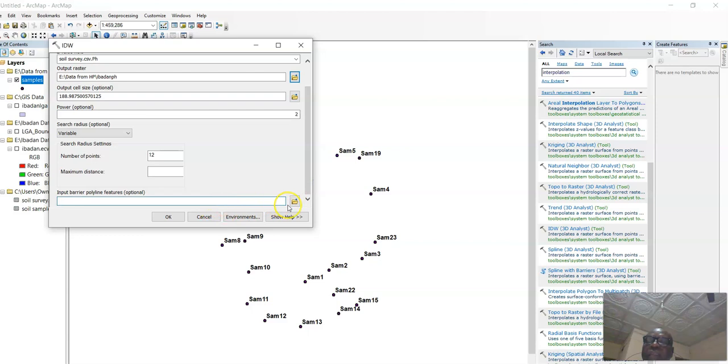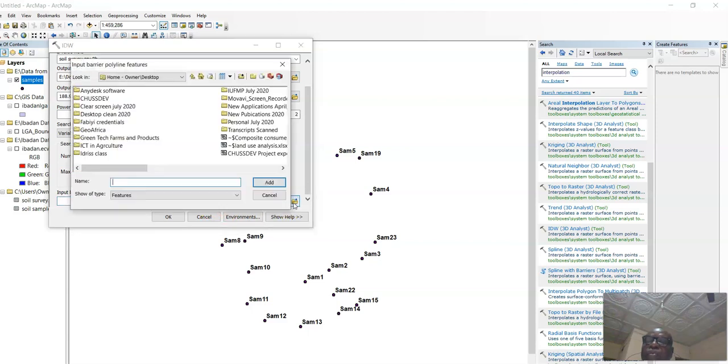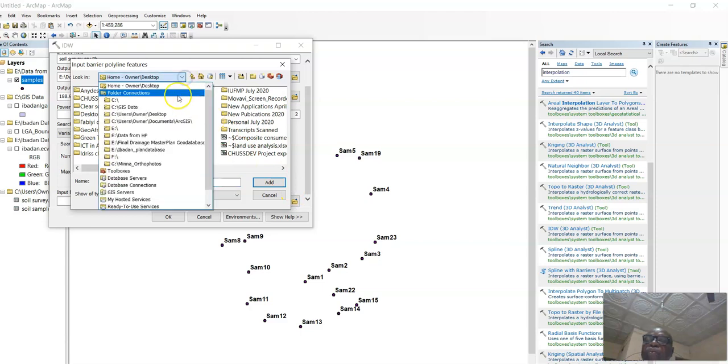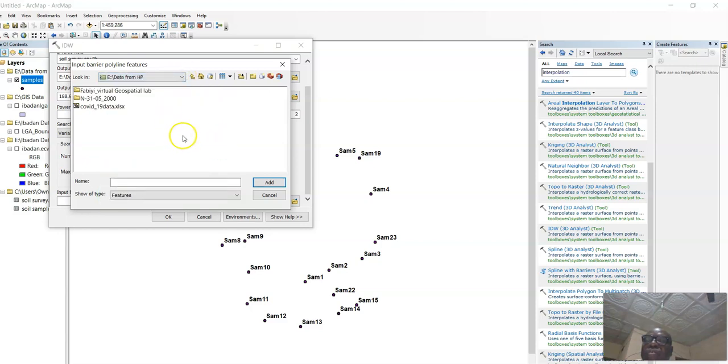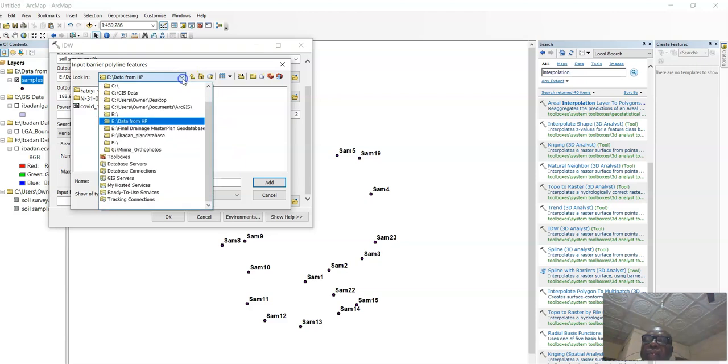This barrier, you can indicate that you want it to have a barrier. Having a barrier means you want to ensure that your data is limited, that it's not just going out of nowhere.